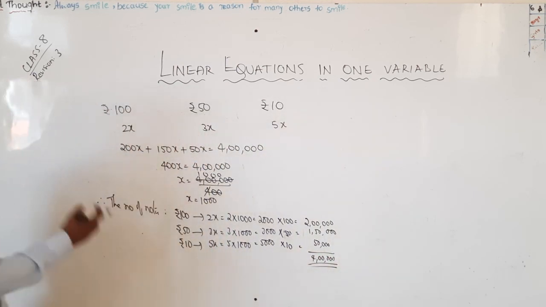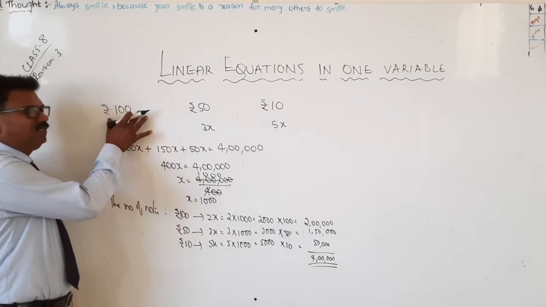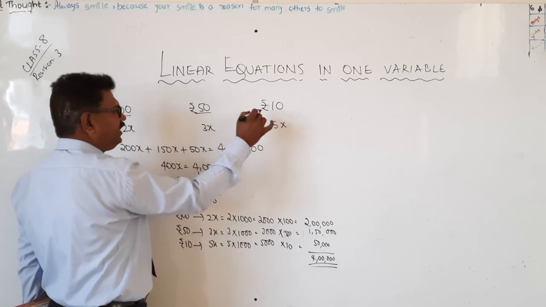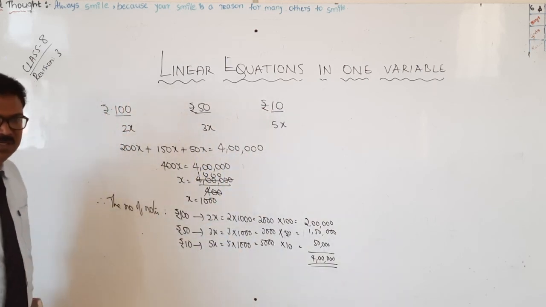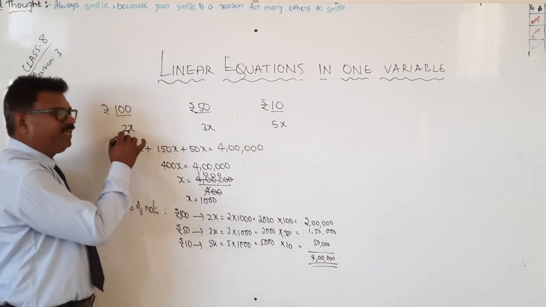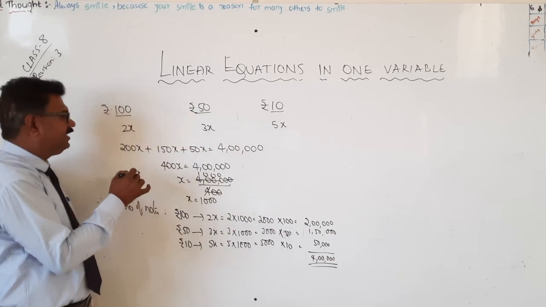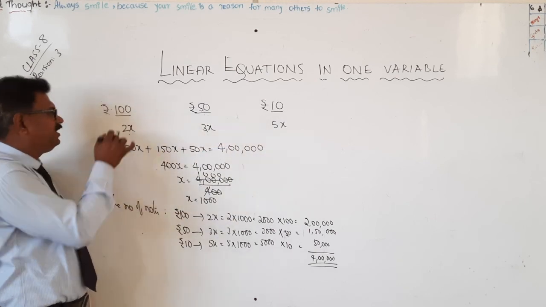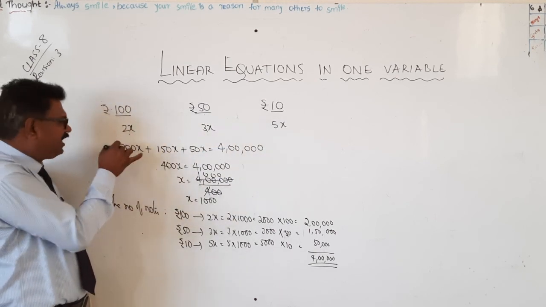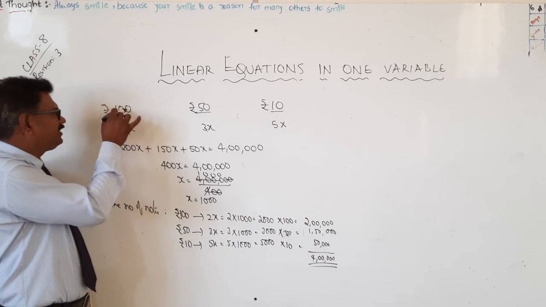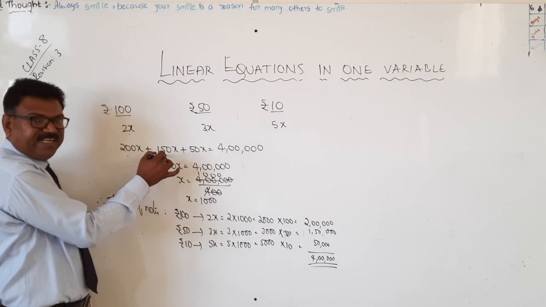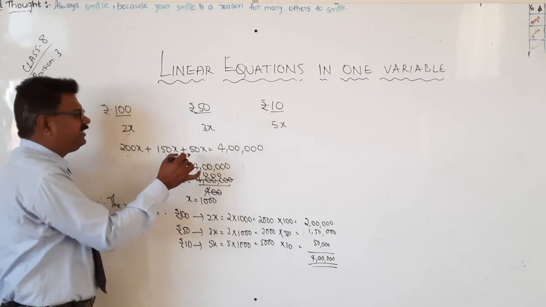Okay? So you can clarify your doubt like this. That means Lakshmi has denominations of rupees 100, rupees 50 and rupees 10. They were in the ratio 2:3:5. Let the notes be 2x, 3x and 5x. Therefore, when you multiply, you will get the amount. So 2x into 100 is 200x, 3 into 50x is 150x and 5 into 10x is 50x.